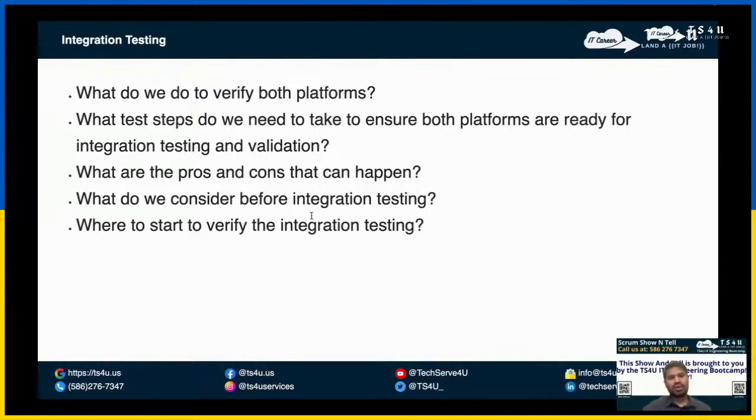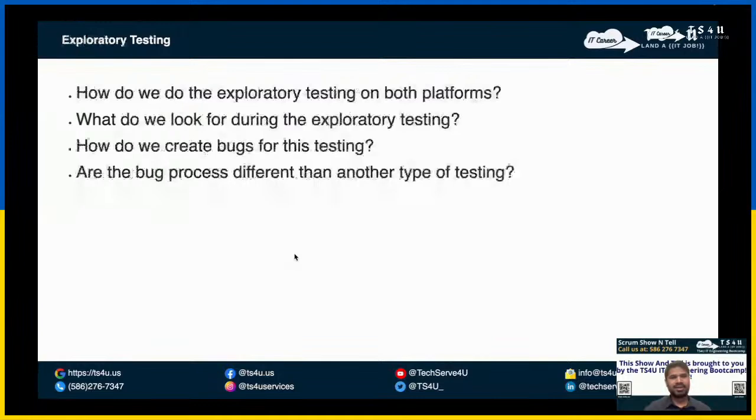Okay. What do you consider before integration testing? We discussed that. Where to start to verify the integration testing? We covered that. And I think we covered that because somebody said there is an issue here, there is a spelling error. Somebody, whoever it is, Fahmi, said should it be there, should it not be there?